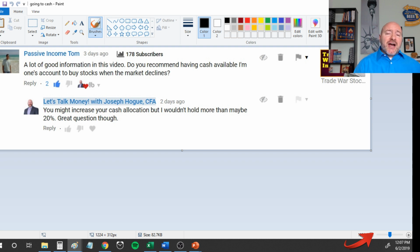So you go back and look at, okay, how much do I have in stocks? How much do I have in bonds? And how much do I have in real estate? All right, those are your three main asset classes that you can easily get with funds and REITs there on any investing platform. So, it's a good idea to go in there and say, okay, you know what, after 10 years, stocks have boomed. I haven't really done much with bonds or real estate, and now I've got like 90%